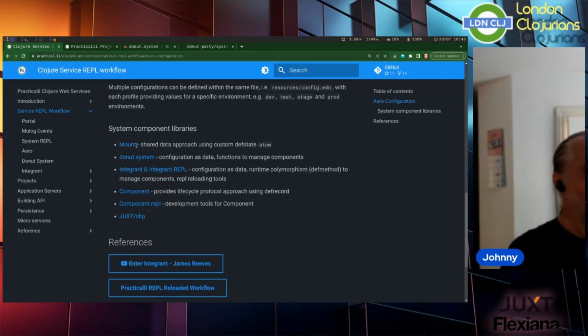And so mount, for component libraries, there's mount, which is a bit more than just having an atom, and there's a little bit of magic around there as well, but it's quite a simple system. But you can also not use any of these. You can actually just have your own atom and manage that yourself. So we'll see a very simple example of that first. And then we'll have a look at donut system and Integrant